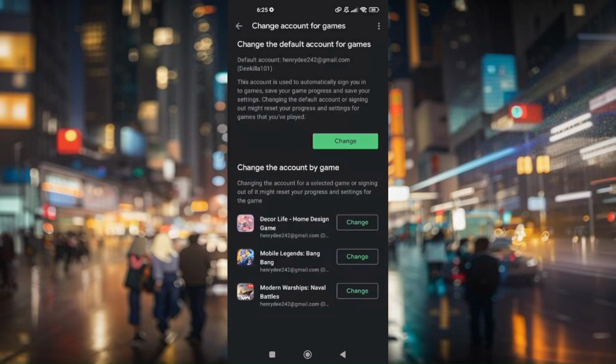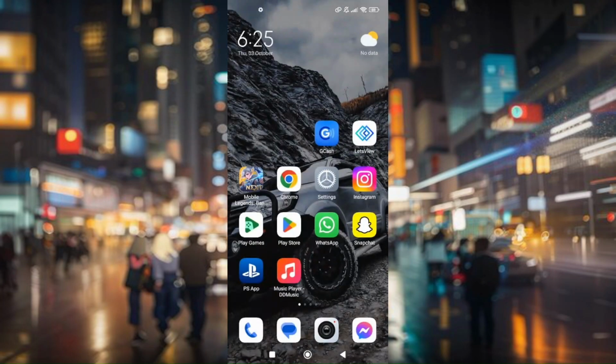Now from here, you just have to choose the same email address that you use for your Google Play Games and it will automatically sync all games that you have. So from Google Play Games to Game Center, it will automatically transfer all games that you have from Google Play